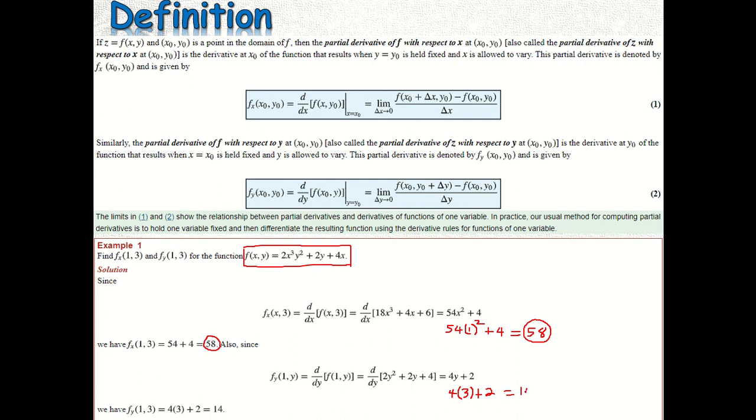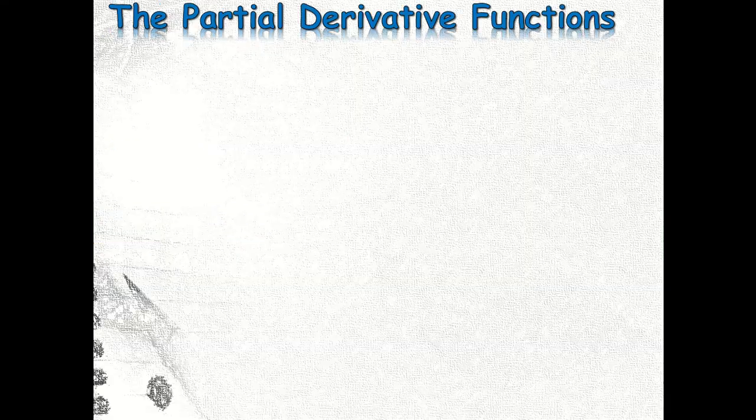Okay, so this is the answer. So that's how easy this topic is, class. Alright, so I hope you were able to follow the steps on how to solve this partial derivatives problem. So let's go to the next